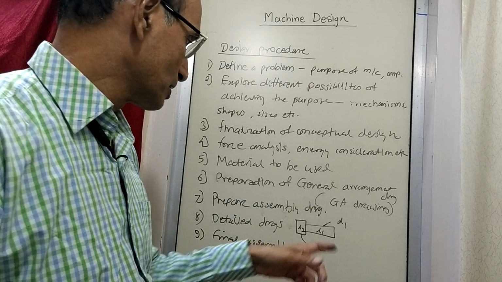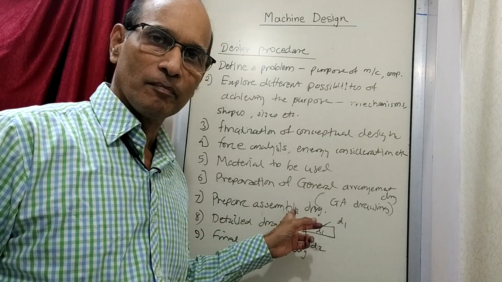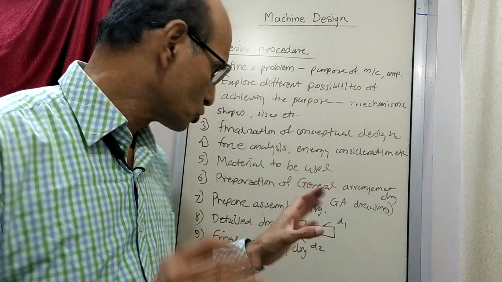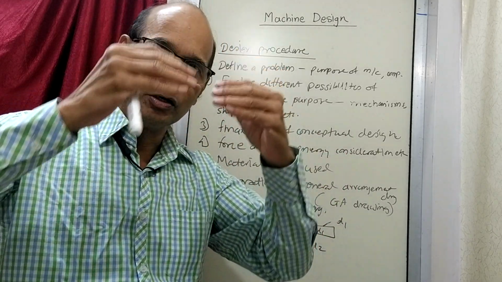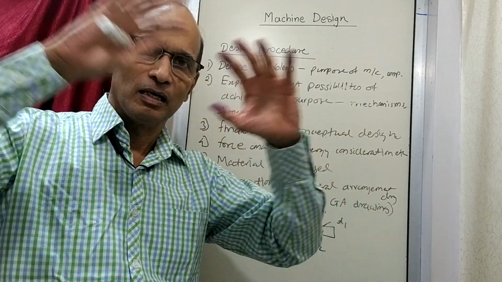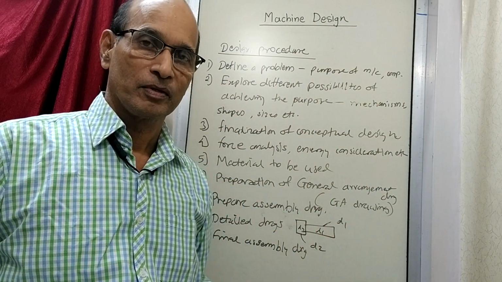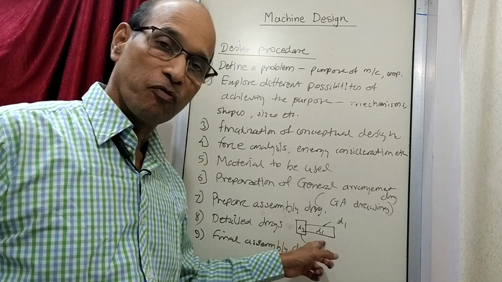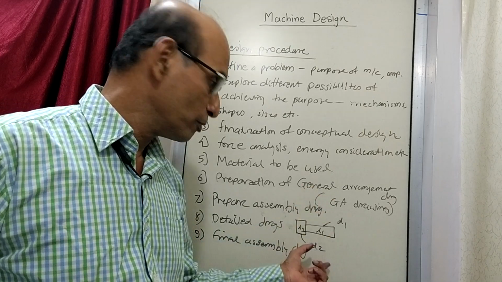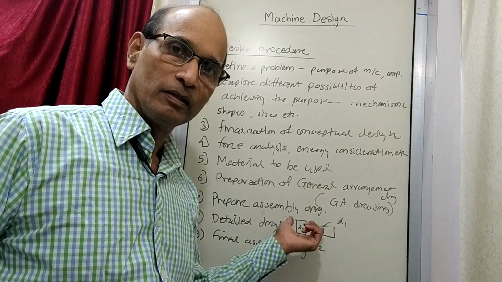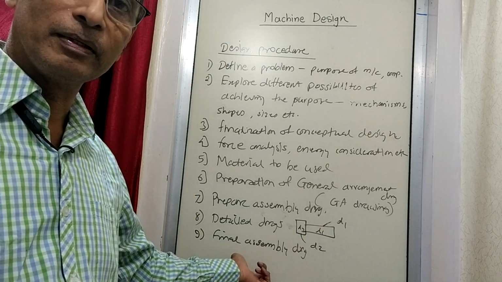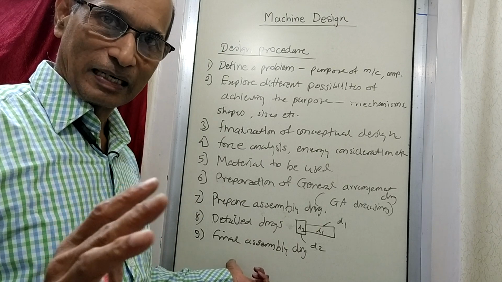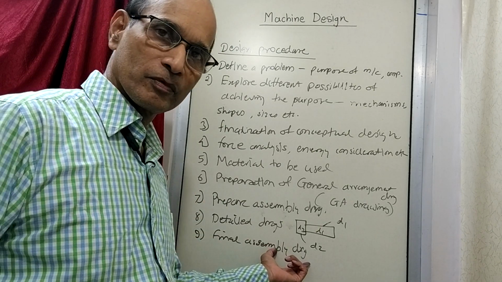Because now all the dimensions are there. Here also there is an assembly drawing, but this is not drawn with actual specific real dimensions. This is drawn just to give you some idea of the relative position of different parts and how the overall machine is going to look like. But now that you have split the assembly into details and you have finalized the shape and dimension of each of the detailed drawings, now you are in a position to prepare the real, actual, dimensional, proportionate, exact assembly drawing. So that you prepare.